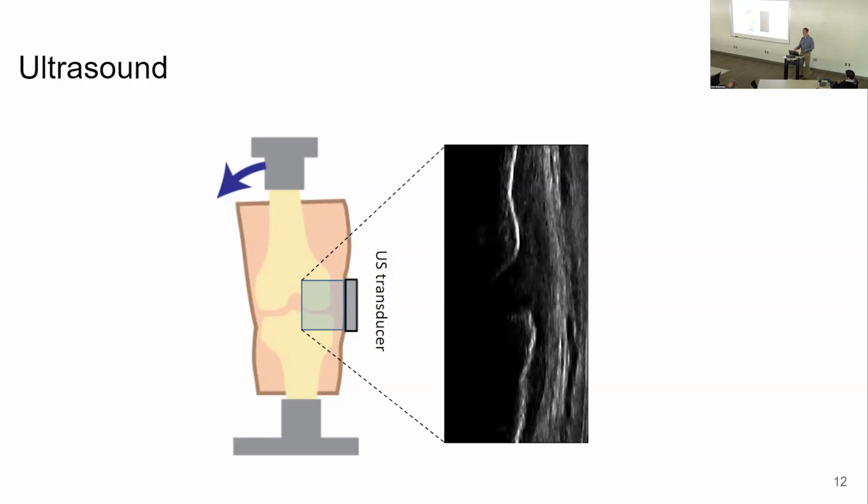If we look at an ultrasound image, this is an actual one that I captured. You look at it from the outside looking in. So the right is the outside and the left is looking in. The right is the skin surface, and then all the white material that pops up, that's all the tissues reflecting the sound waves. The rightmost layer is different, like maybe ligaments or tendons. And then the two broad bands right in the middle of the image are bones. So that's what we're interested in seeing. We're interested in seeing how your thigh bone or your femur and your calf bone, your tibia, move relative to one another.